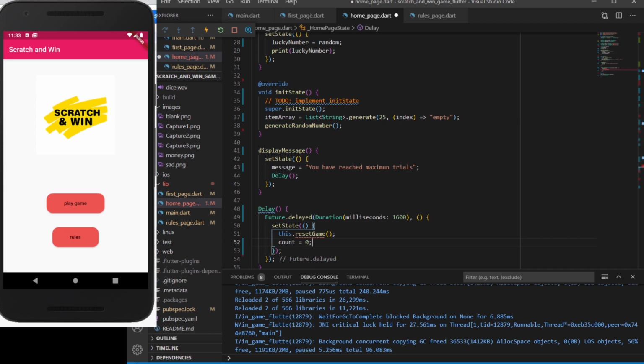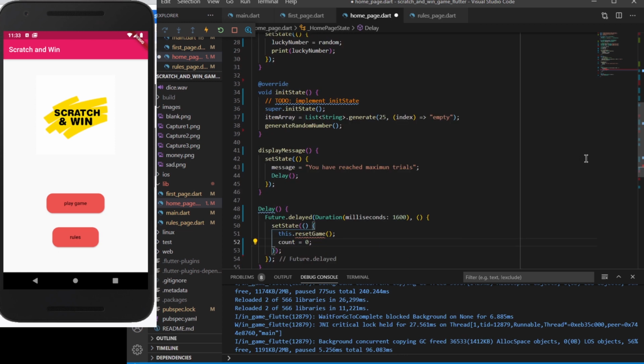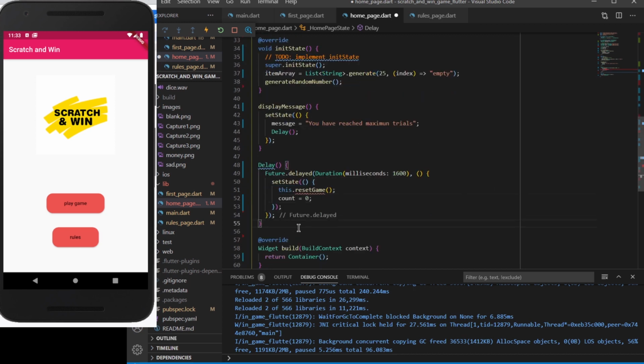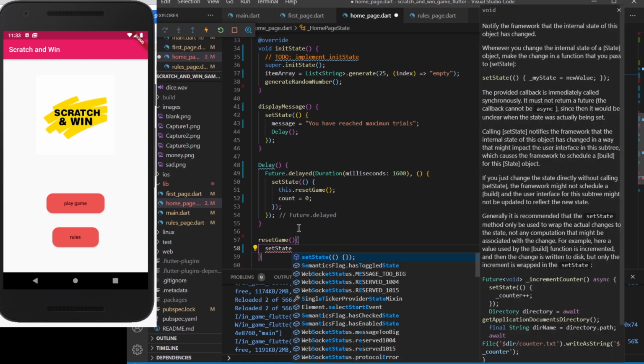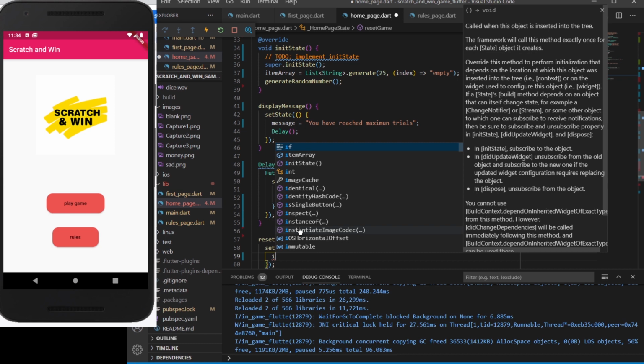So we need to create the reset game function. I guess we haven't created it yet, so we'll be creating the reset game function in a bit. So let's first create the reset game function so that the error also goes away. So reset game, what it will be having is a set state, and this set state will be setting the array back to values empty. It needs to be item array,